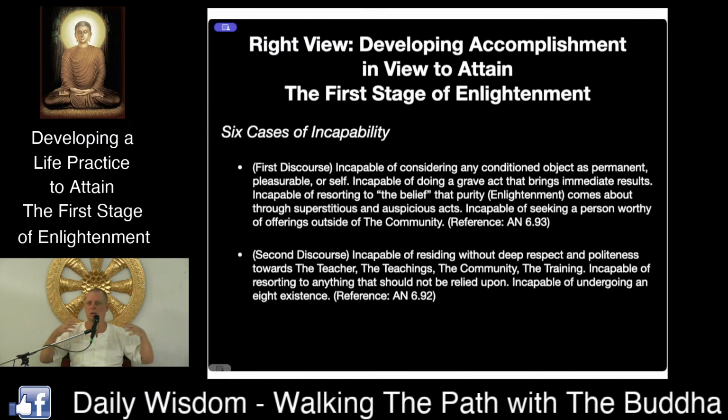And his community just kept growing and growing, became massive because he was teaching the truth, and people could see that he was teaching the truth because more and more people were learning that and getting to enlightenment. So as he aged and went further in his teaching career, it just dwarfed the size of other individual communities. But by the time somebody gets to accomplishment in view, they've developed right view in the Four Noble Truths